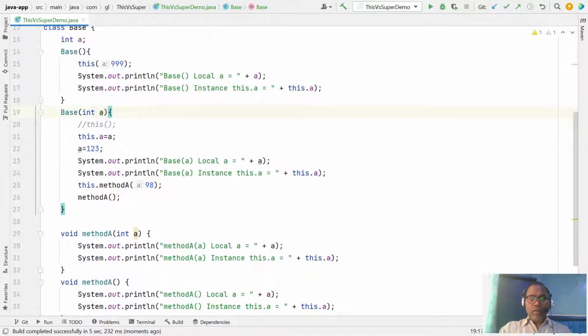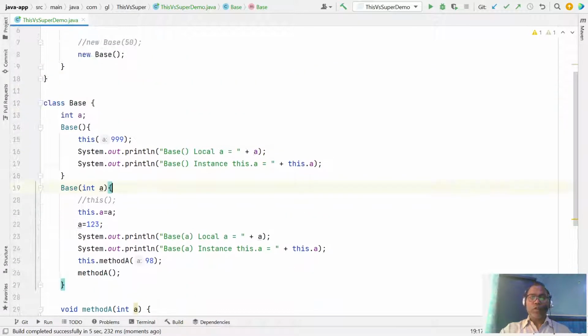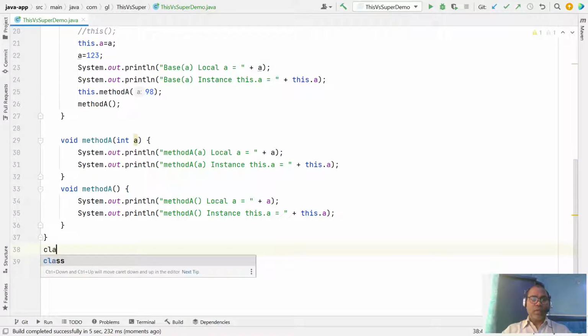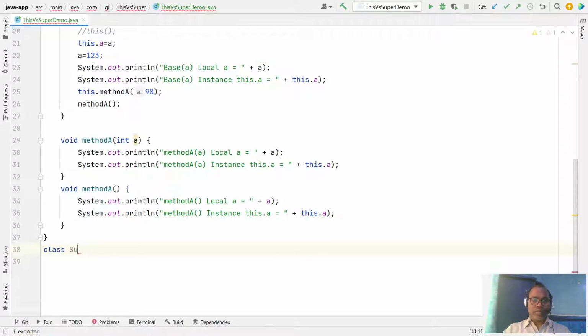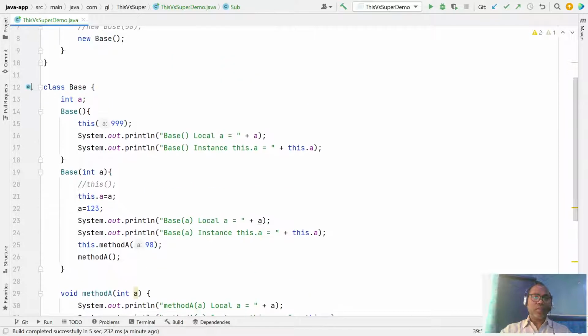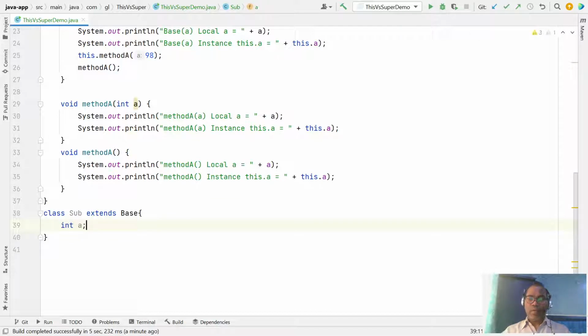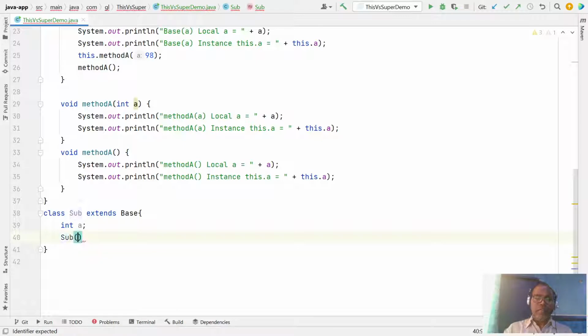Clear? Now the second keyword is super. Let's say we have a base class and a subclass, and the subclass extends the base class, and let us assume this class also defines the same variable name. The same concept applies here: you can use this as a constructor.